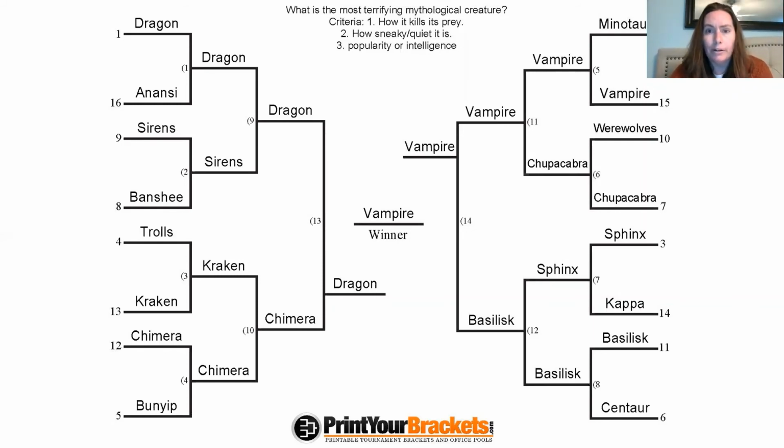My overall winner of the most frightening mythological creature was the vampire. I was kind of surprised by this, but not. I know vampires have lots of powers. They're also pretty frightening because they can masquerade as humans. They can pretend to be humans. So I knew going into it that they'd be pretty competitive, but I didn't know for sure if they would win overall, depending on who they came up against.